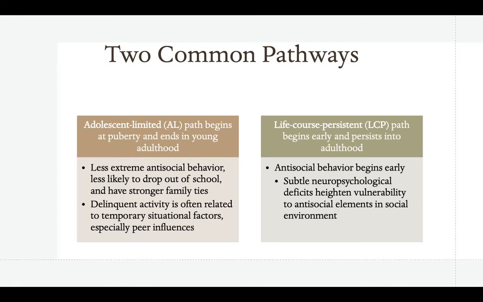Now, some children break from the traditional progression, and about 50% of children with early conduct problems do actually improve. Some don't display problems at all until adolescence. And then again, some do display persistent low-level antisocial behaviors from childhood and adolescence throughout adulthood. If we look at the life course persistent path, 8% of those with conduct disorders end up having a lifetime persistent path. So a smaller amount end up having this throughout their life. And there are still more males than females that are affected.